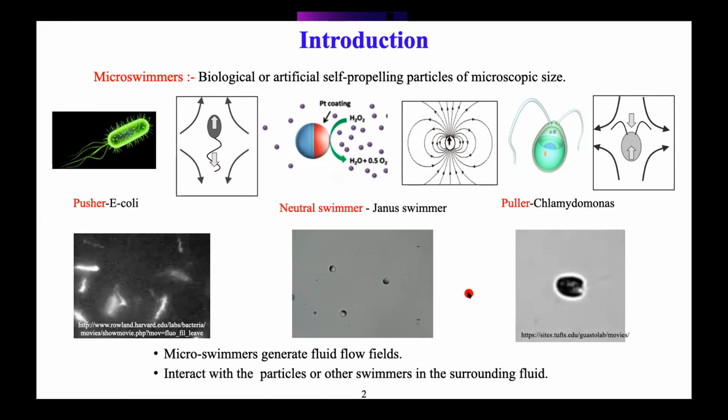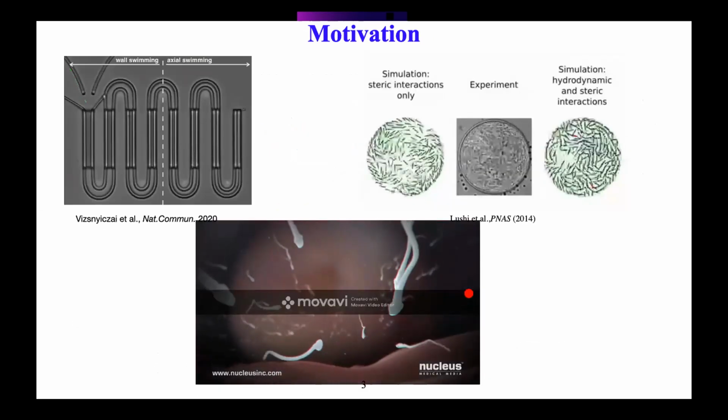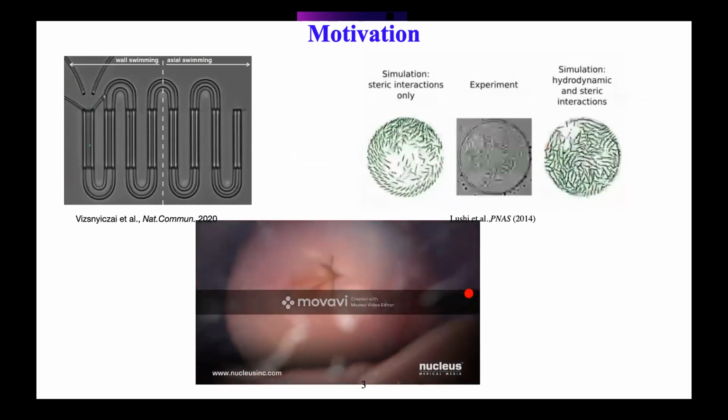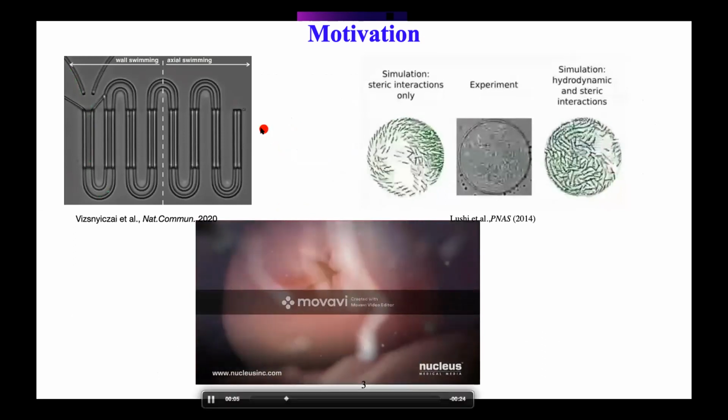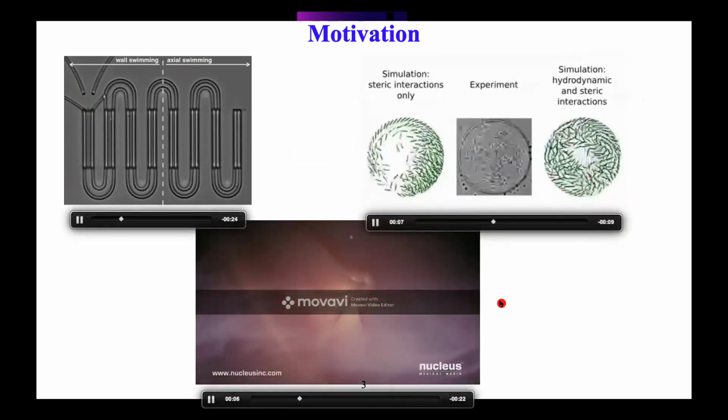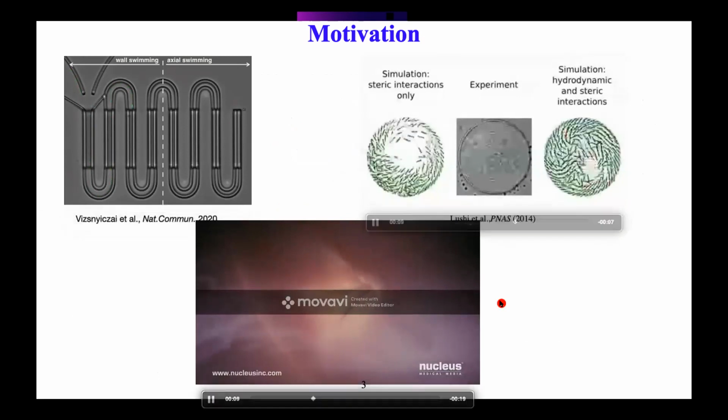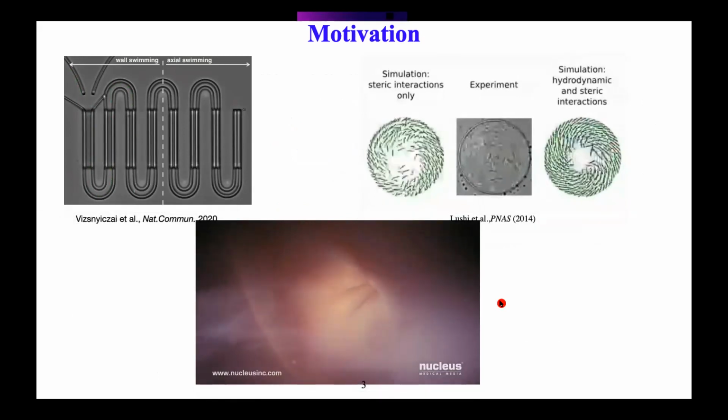And these types of microswimmers are seen in many biological and artificial systems. Though the dynamics of these microswimmers in unbounded fluid is well studied, the effect of confinement on the dynamics of these microswimmers is not well understood. And in natural systems, we often see these microswimmers in confined environments. So these are some of the videos which show the importance of understanding the effect of confinement on the dynamics